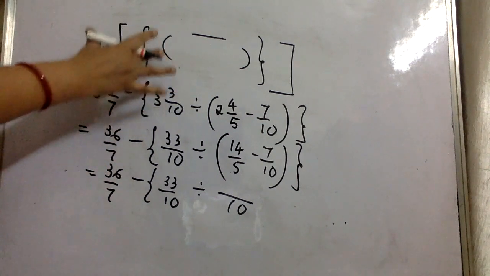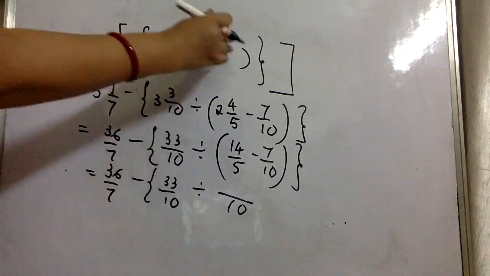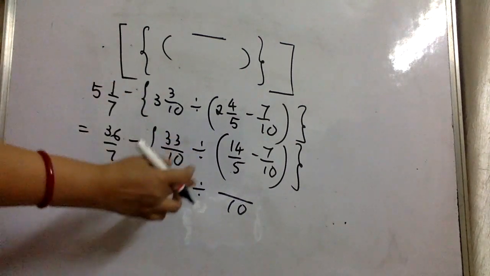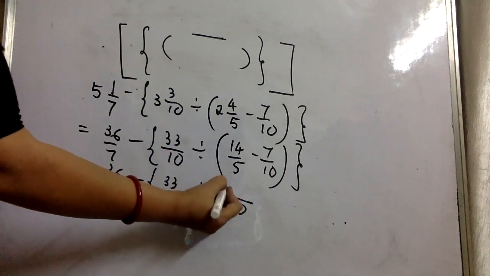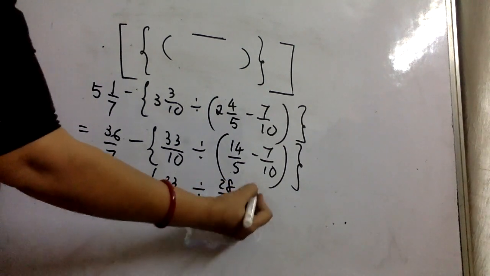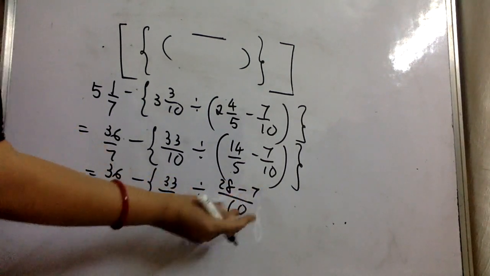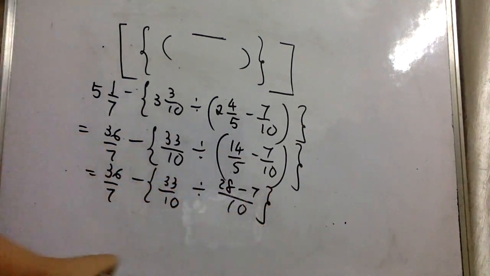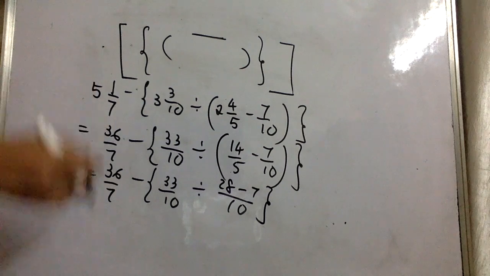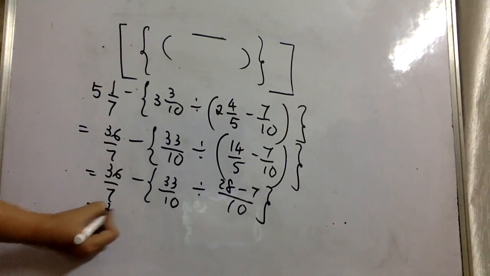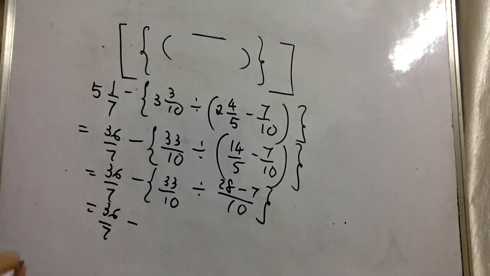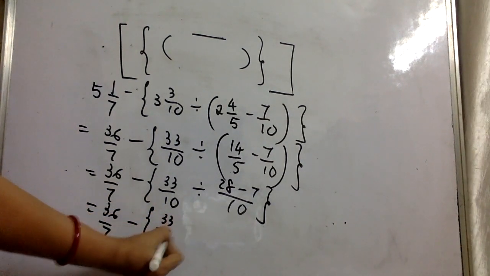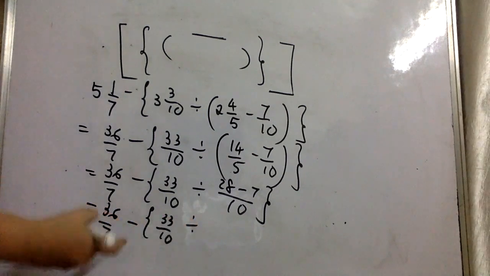You just have to keep copying the entire sum and keep working on your first priority bracket, whatever it is. Now here, this is 28 minus 7, and now I can remove this bracket and continue with my curly bracket. So I'm trying to take a little shortcut there. That is 36 by 7 minus 33 by 10 divided by,